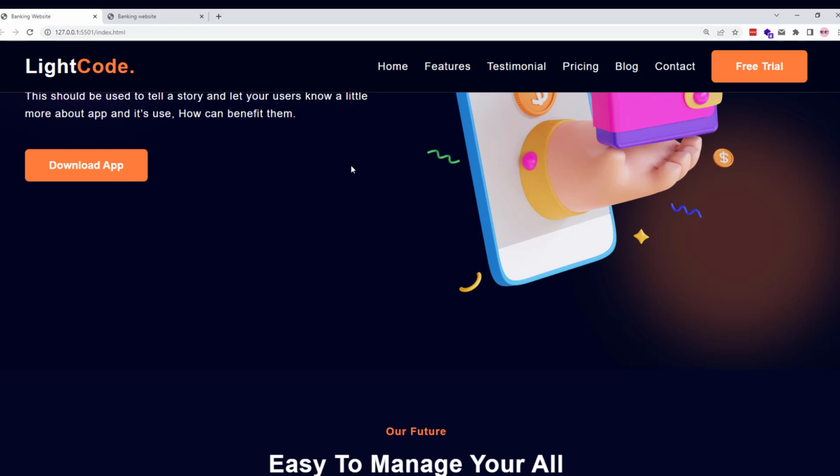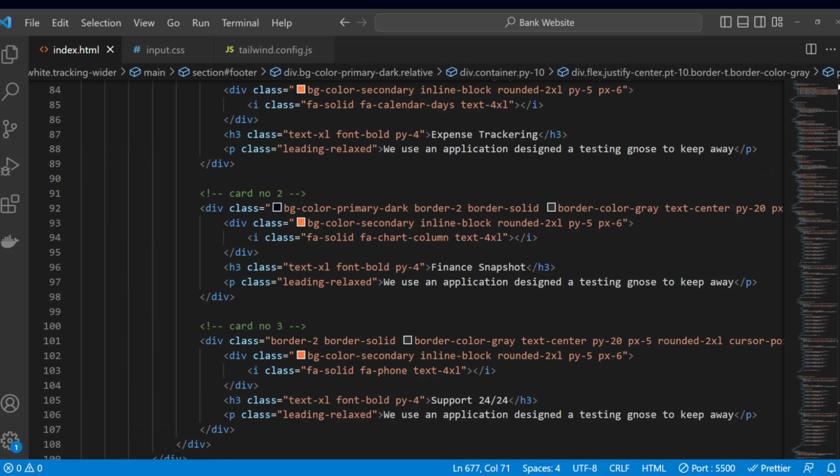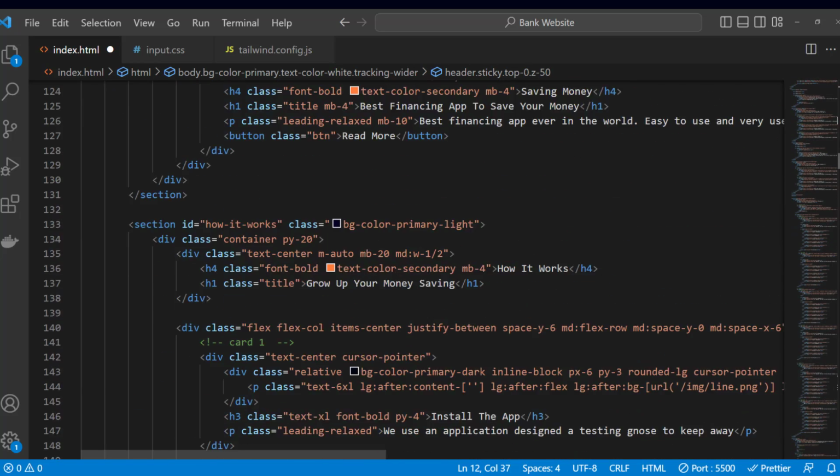So let's focus on that. Back to our code, I will scroll up, and in here I am going to add a class equal to position will be sticky, top 0. I want to add some z index with z-50. Now I want to add some JavaScript code, so I will scroll down,